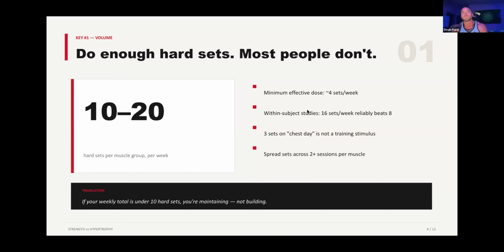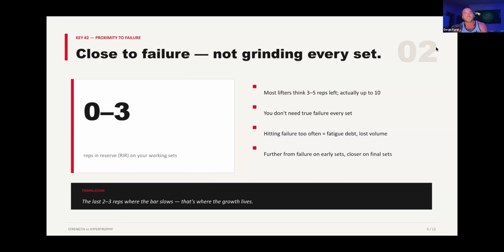Okay. So when you're doing bro splits, like chest and tris, back and bis, and that kind of thing, you still have to apply this. This is why bro splits aren't really that great for most people, because you're not getting enough volume. You're not doing 10 sets, or definitely not doing 20 sets of chest on chest day, right? Especially not at high percentages going to failure.